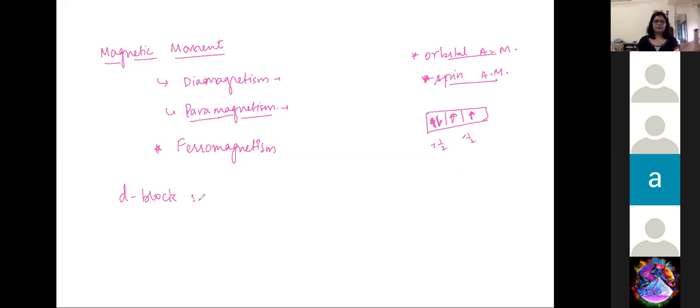So all your unpaired electrons are in the d orbital. So within the d orbital itself, do you guys remember what are the different spatial orientations you find in the d orbital? You've got 5 of them, right? So what are the 5